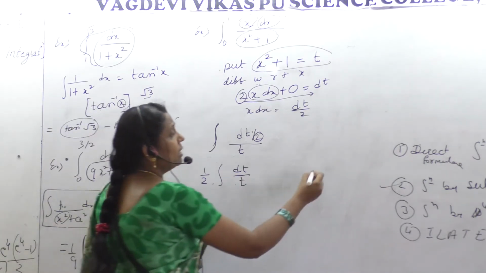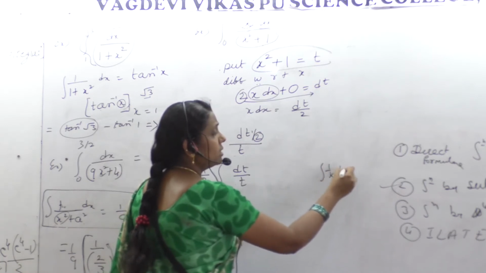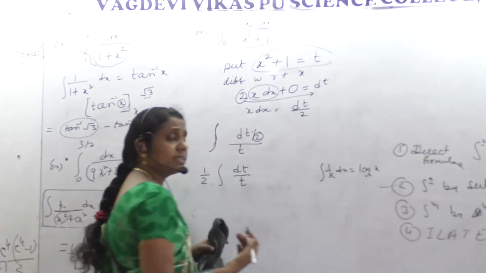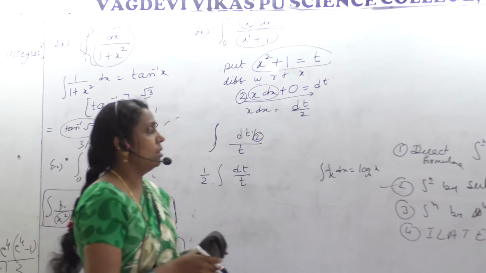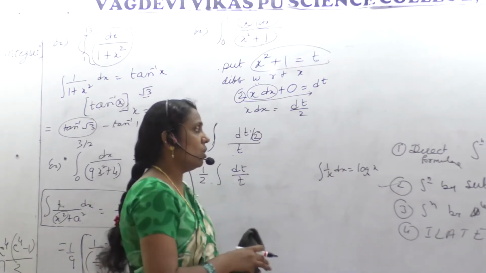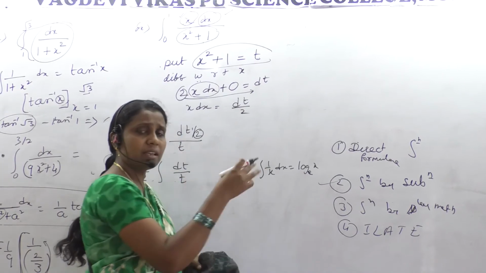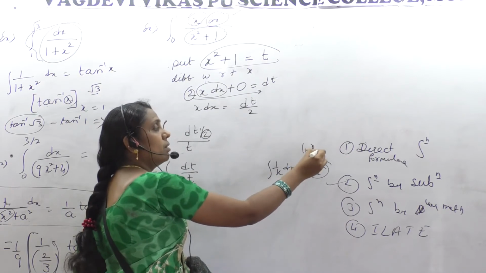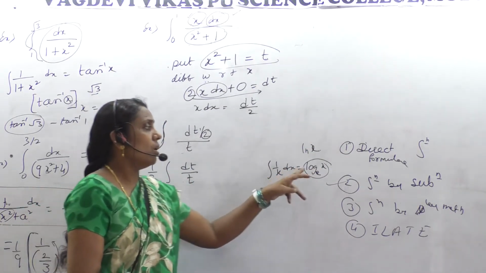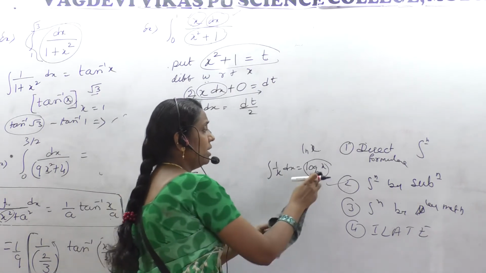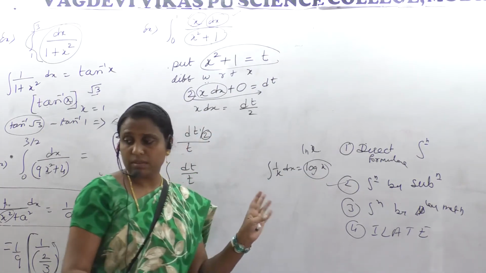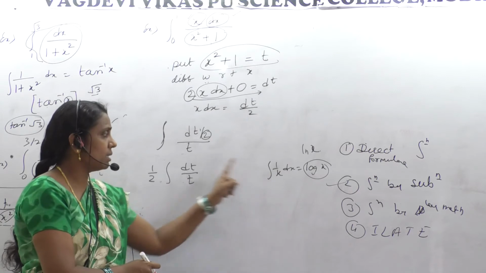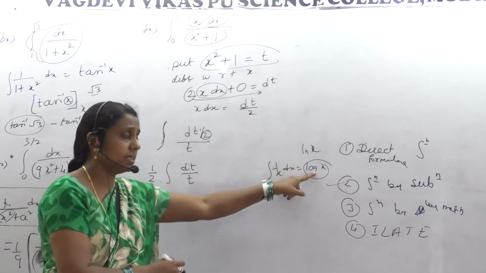So do you remember? Integration of 1 by x dx is equal to ln x. Log x to the base e, that's why we say ln x sometimes. ln x and log x are the same, log x to the base e. Log x to the base 10 is also there, to the base e or any other number. If it is log x to the base e, we say ln x as well. Got it? Natural log. This is understood, and we don't write the base e every time. So it is of the form 1 by x dx, log x is the answer.